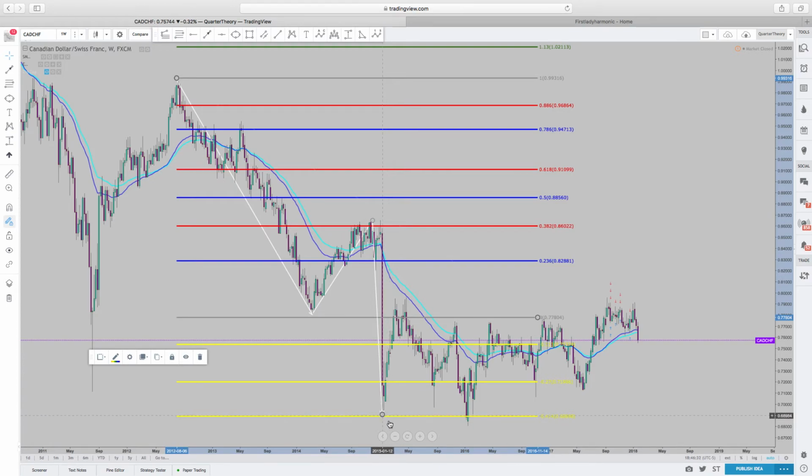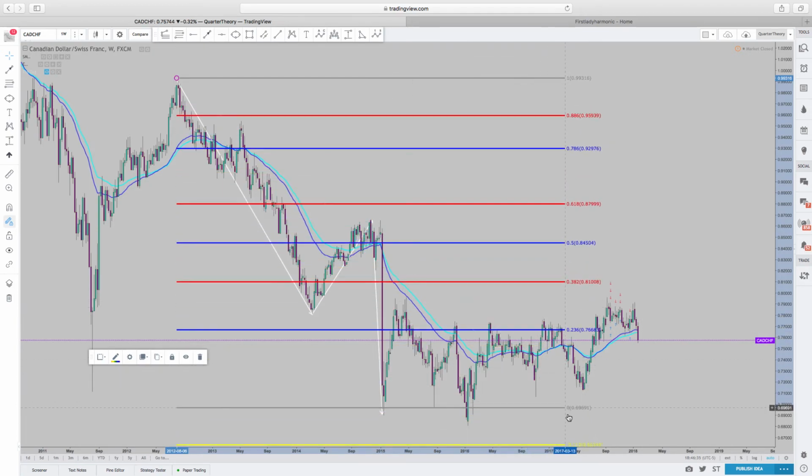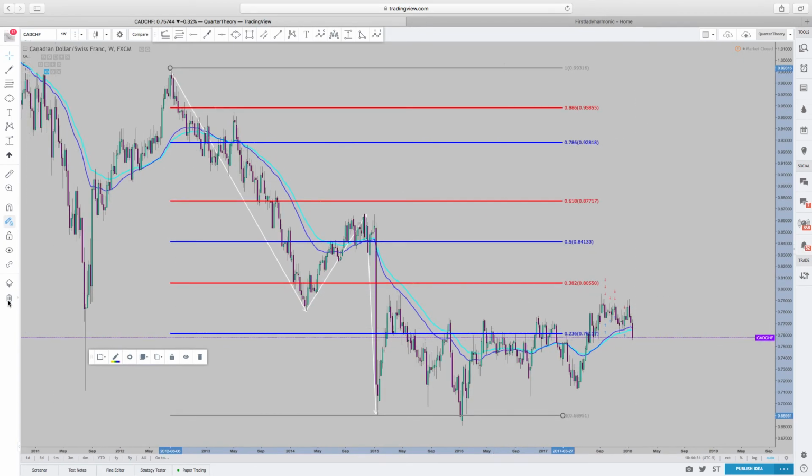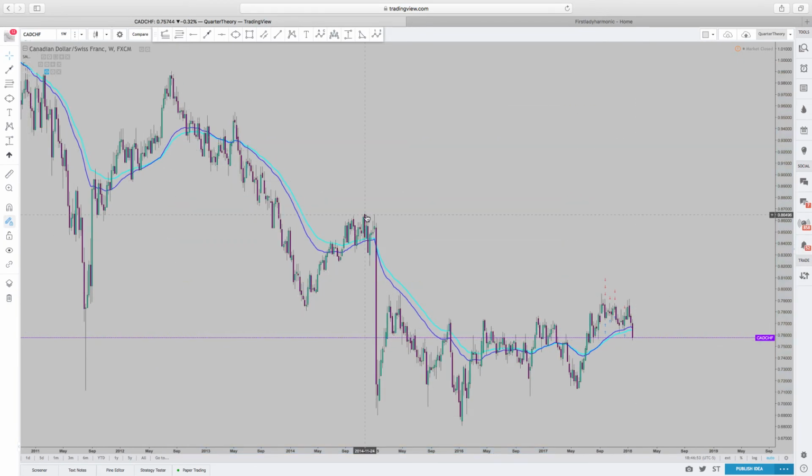It did not. So right now, this pattern is telling me that most likely it's going to become a cipher, which means I'm looking for the price to end up at the 786. It's going to keep rising up here, and then I can sell. Or, being that this is the C point, I can buy from this level all the way up to the 786. But again, I digress because that is not a bat. But the first thing that needs to be done is understanding how to see them